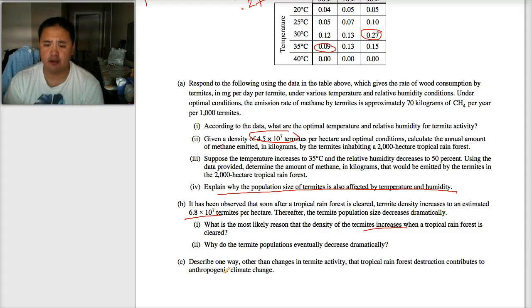There's a lot of answers you can write here. Remember that the tropical rainforest is responsible for photosynthesis. So it takes in carbon dioxide. If we destroy the rainforest, now that carbon dioxide cannot be taken in by the trees and then goes up into the air. So that's one. You could also say like burning the trees or cutting down the trees in itself increases the amount of greenhouse gases. But long story short, the most common answer and the best answer you can write is that by chopping down trees, just like in the Lorax, you lose the things that take in carbon dioxide, which is a greenhouse gas.